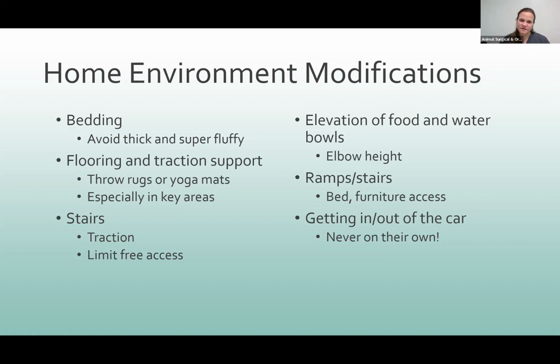Stairs, if the dog's doing stairs, those stairs should have traction and not just be wood stairs. Carpet's the best. If we can't do that, there's various different stickers and things you can put on stairs to help increase traction there. Ideally, the tripod, especially the new tripod, would not have free access to the stairs. It would only be something you have your little handle harness on and you're there with them, helping them up